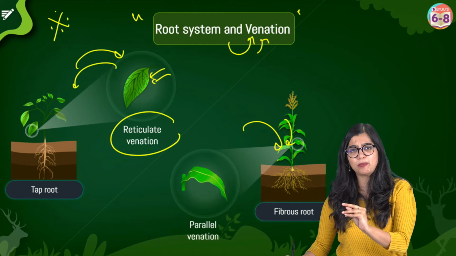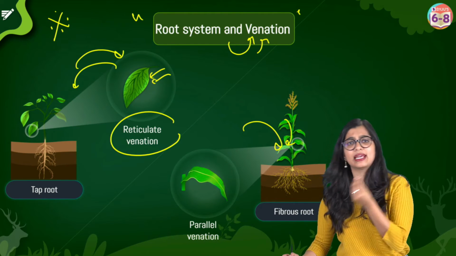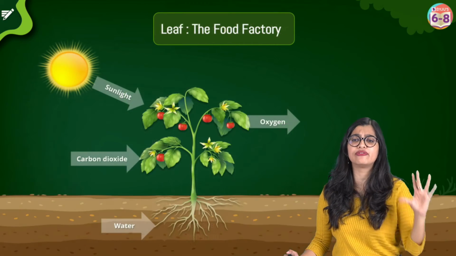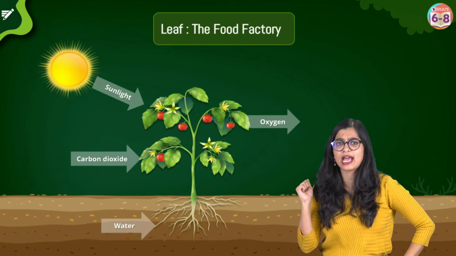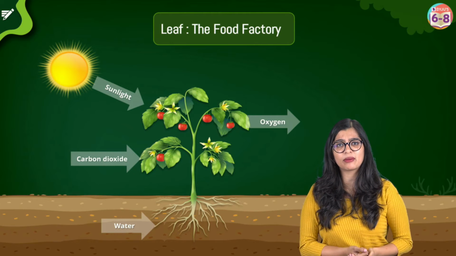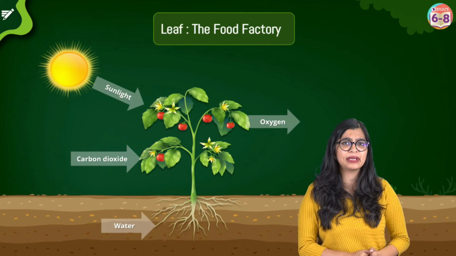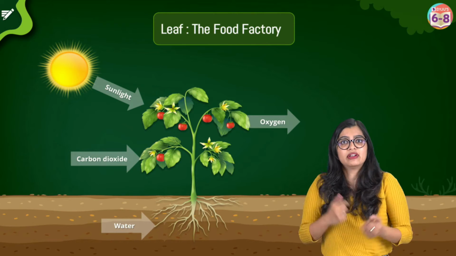Now, when we talk about plants, we know that plants are living organisms that have the ability to prepare their own food. We have never seen a plant going shopping. Imagine when you and I are standing with our mummies to buy vegetables from the supermarket. We have never seen a plant coming and standing next to us and telling, give me 2 kgs of carrot. We have never seen that.